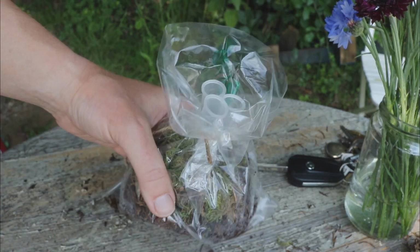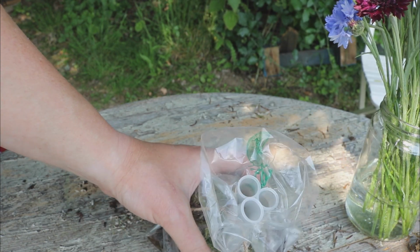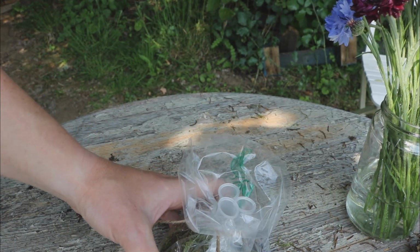So we created a kokedama. If you don't know what a kokedama is, then I will put a link in now for you to watch that tutorial. So really simple, get yourself string again,